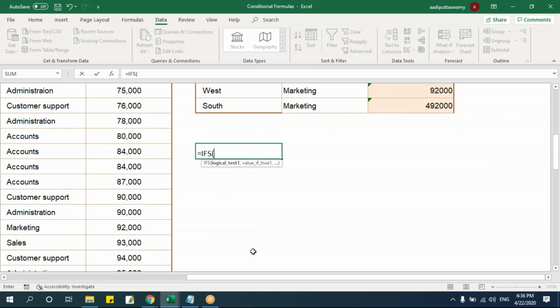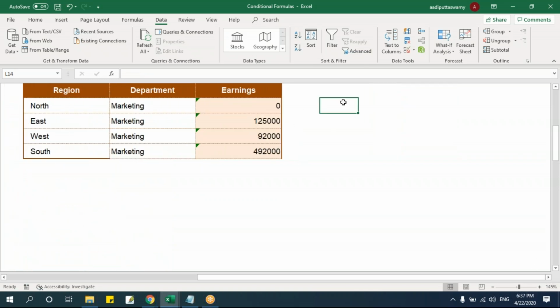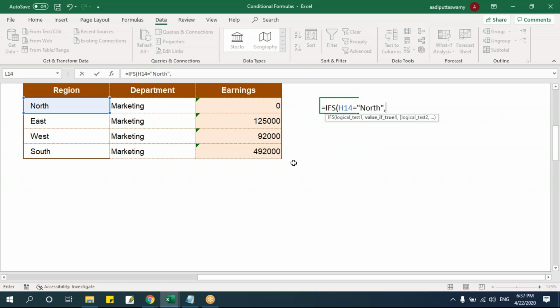IFS will check the condition only once. So depending on that value, depending on that criteria, I'll get the value. That's it. Instead of a nested IF, where I'm checking multiple times. So for example, I have here north, east, west, south. Let me go here. I'll say equals IFS, logical test. I'll say if this value equals north, then if it is true, what should happen? I'll say N,